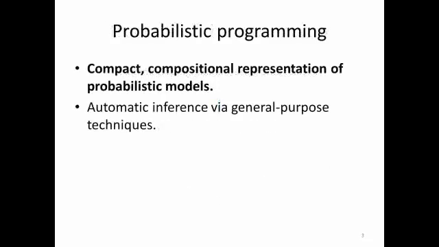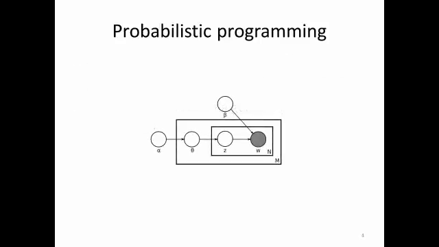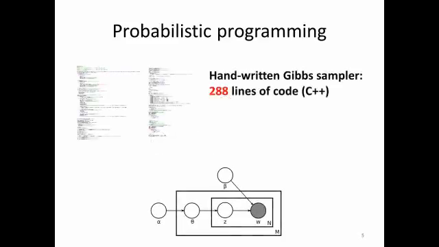And how I like to describe probabilistic programming is, first of all, a compact compositional representation of your probabilistic models. So this is a picture, I think, familiar to all of you. It's the latent Dirichlet allocation model. And for humans, it's very easy to present the model in this way. So if you look at it, you understand what it is. It's the same representation of this model as a handwritten sampler, written in C++. It's about 300 lines of code. And you can actually make inference in LDA using this